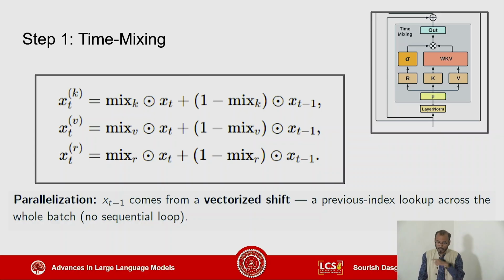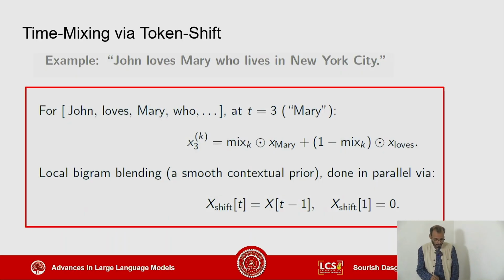Unlike RNNs, where instead of xt minus 1 you would have had something like ht minus 1 or ht, the history that is coming in. That is not what it is, because if that was so, then you would have had to process the history first. So you have complete access to all the x's as of now, and that's what makes this parallelized and linear time also. So there is no hidden state being passed, rather absolute tokens are being passed.